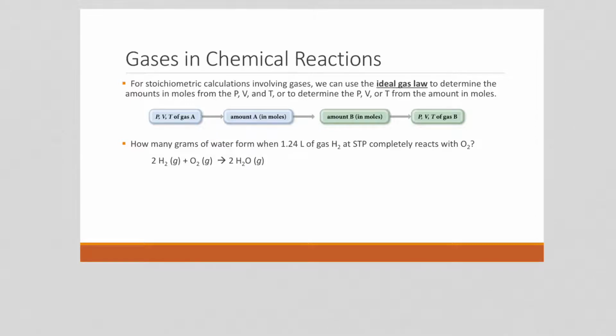Welcome back, class. Today we are going to visit a topic that we've talked about in both of the last couple chapters, and that is stoichiometry. And today we are going to look at how we can do stoichiometry with a chemical reaction where the reactants are gases and the information that we have involves the property of those gases. So, by using the ideal gas law,